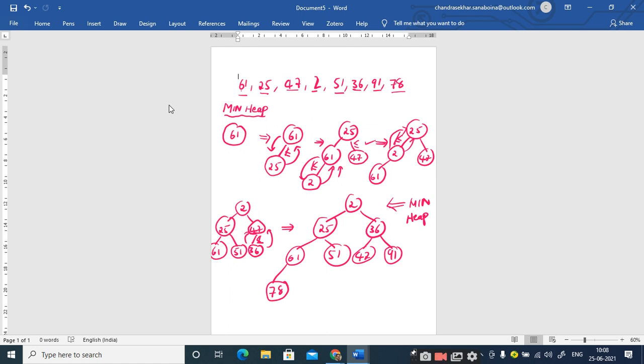Sir, same as the construction. Same as construction, right? Construction of heap is nothing but implementing n number of insertions. So construction of heap is nothing but the insertion operation. When you want to insert 25, by using the shape property I make 25 the left child of 61. If I want to insert 47, by using the shape property I make 47 the left child of 61. Like that we are going to perform n number of insertion operations for construction of the heaps, right?